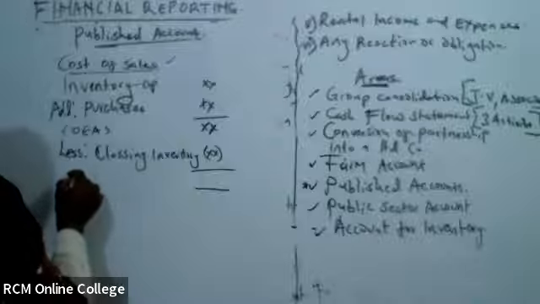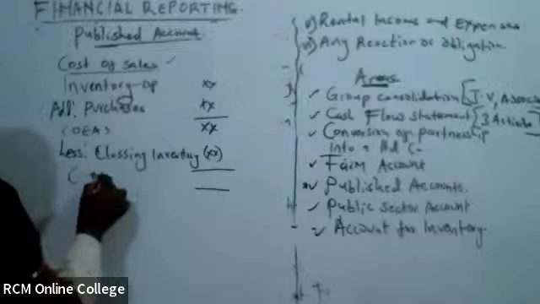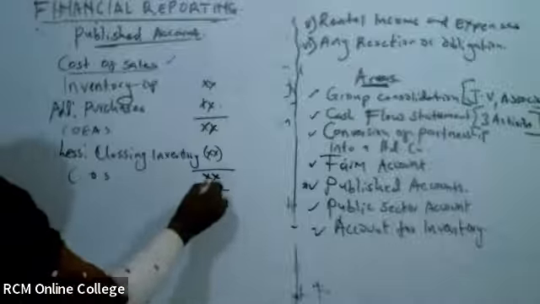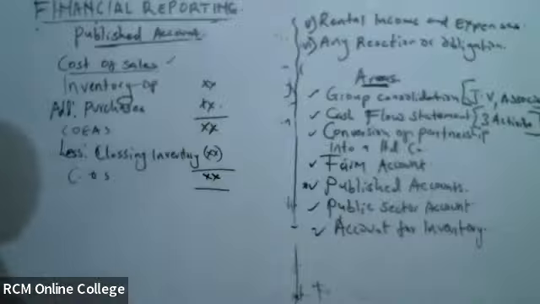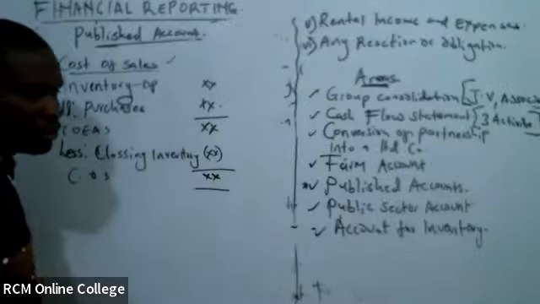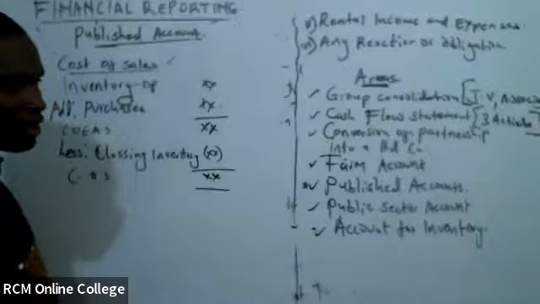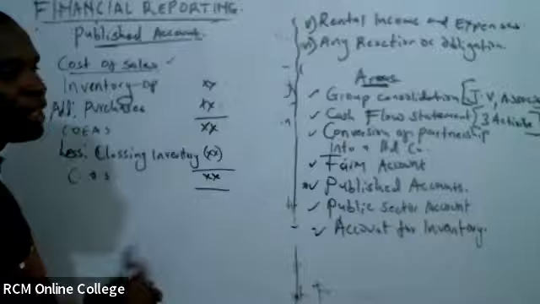Then we get our cost of sales. There are other things like depreciation which affect this. I don't want to go that route. But during our revision,